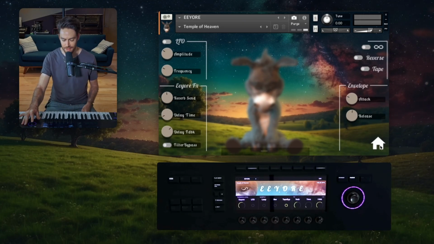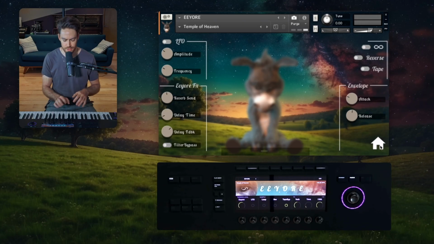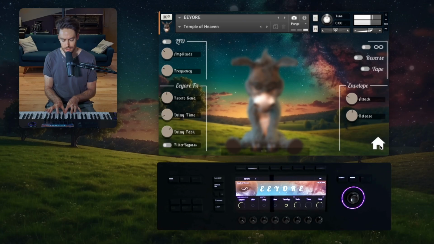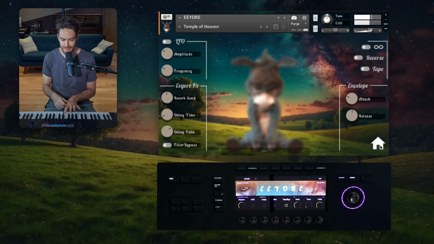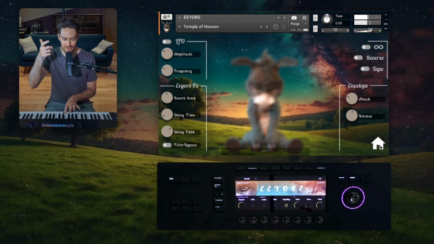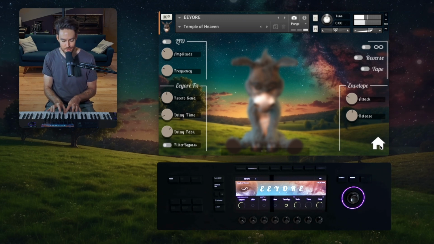I love the Temple of Heaven. Just the envelope of this sample in and of itself is really cool. And you can hear there's that 12th up there, or I guess we're a couple octaves above that. And then you almost get the high octave above there, but it's not quite there, which is really cool. So this one actually does some cool stuff if you play open chords. You don't want to get super dense, but